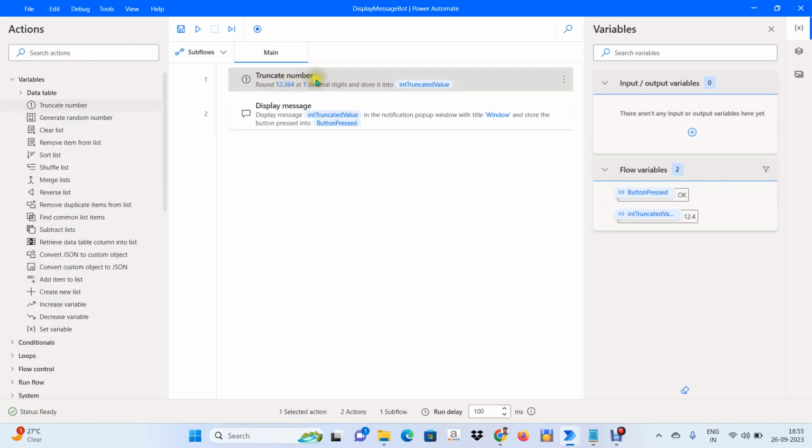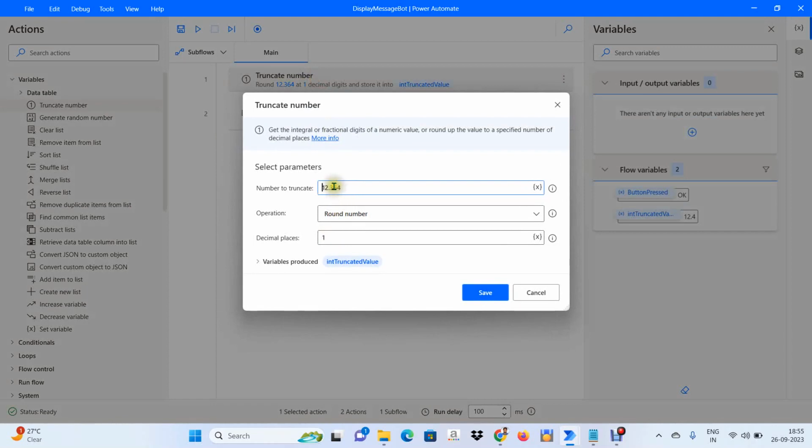We are asking truncate number to round off based on this first character, right? So here it is going to check the next number, basically the 6. It is going to check whether the 6 is equal to 5 or greater than 5. If it is equal to 5 or greater than 5, then this particular number, the first digit, whatever we have given, that will be getting converted. Okay. And if you want to split based on this 3, right? Here in the information icon, if you don't want to round off,